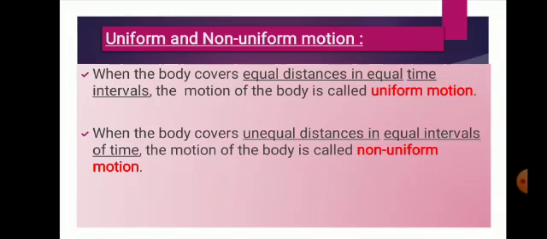Means he takes 40 minutes to cover a distance of 5 kilometers, but does not cover the same distance every minute he cycles, because for the first 2 kilometers he takes 20 minutes, for the second 2 kilometers he takes 15 minutes, and for the last 1 kilometer he takes 5 minutes. Means the time interval is not fixed, so he does not cover the same distance every minute he cycles. Thus this motion is non-uniform motion. Clear from uniform and non-uniform motion?